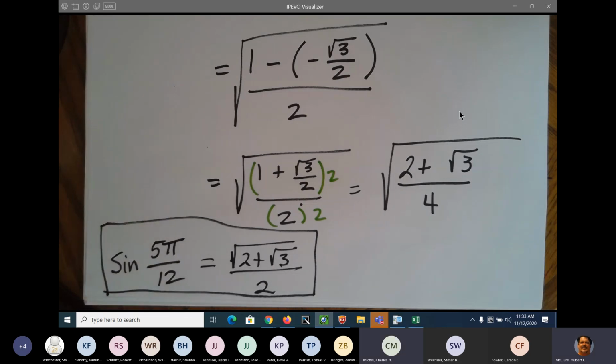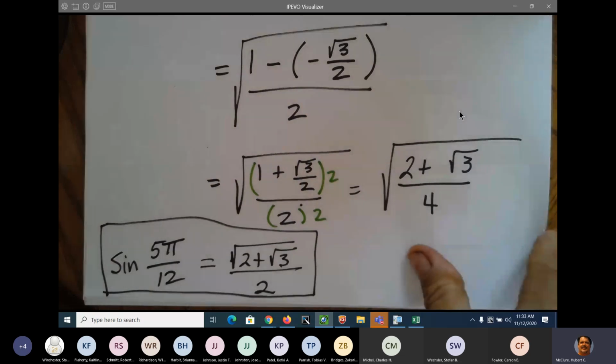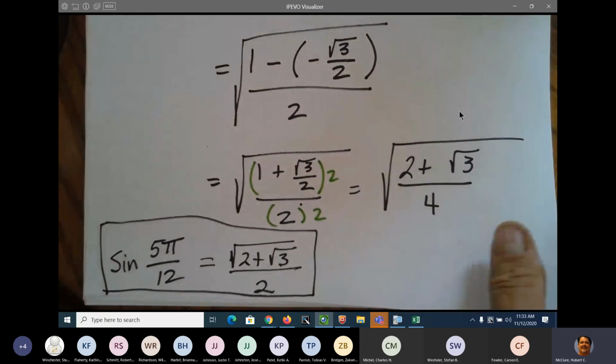I don't see it in the notes, but we might have done it. I might have done it later. I can't remember, but it sure does seem familiar. Okay, so that's that one. So if you did this one,